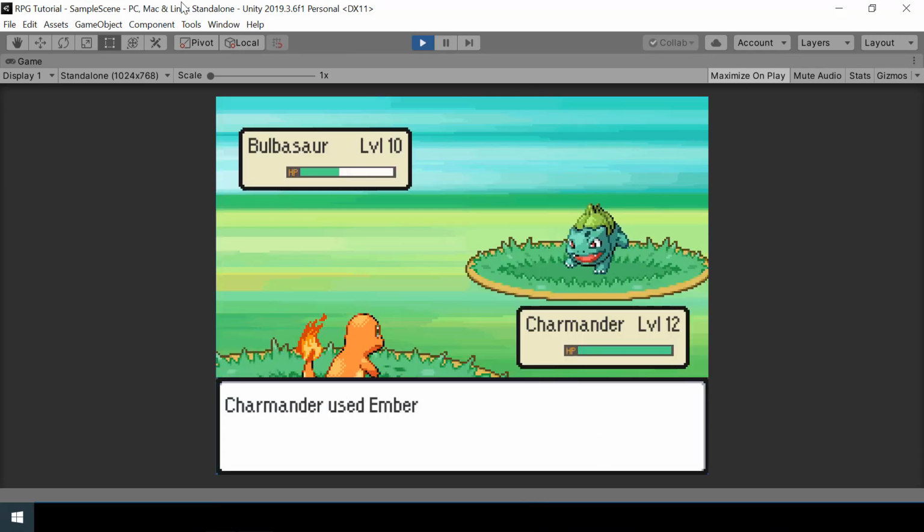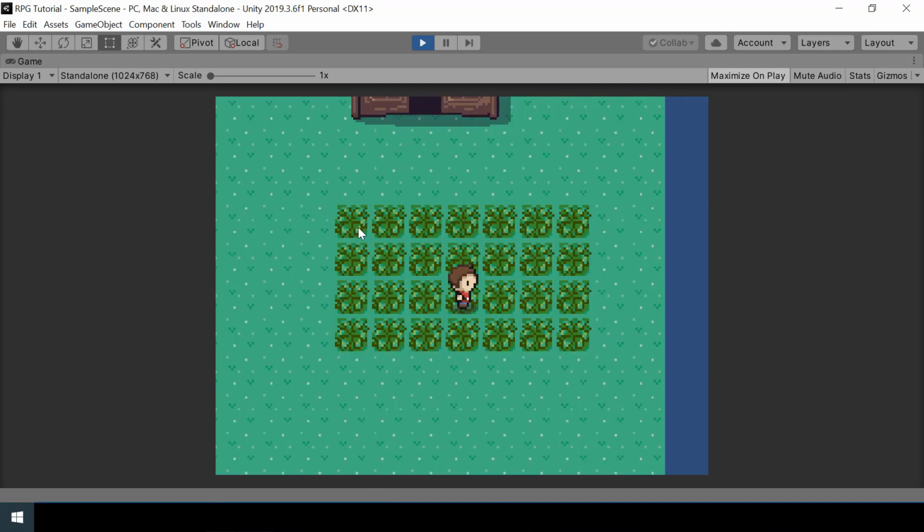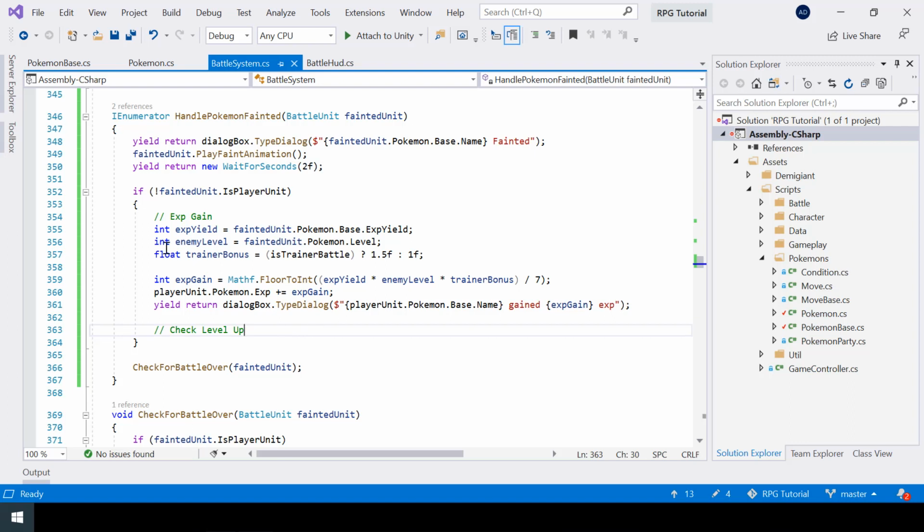Okay, so let me try to beat the Bulbasaur. Alright, so Bulbasaur fainted and I should gain some XP. So yeah, that's working correctly. So next, after the XP gain, we need to check if we gained enough XP in order to reach the